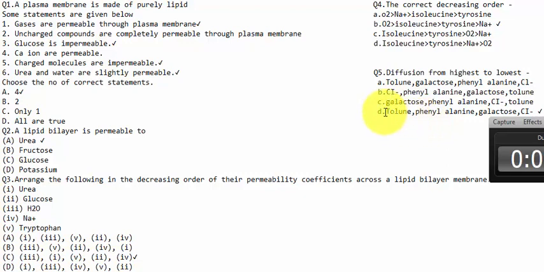So this is all about the permeability of the lipid bilayer. You just need to remember that the ions are less permeable or impermeable. The fat soluble vitamins, steroid molecules, and the gases are permeable. Large polar molecules are less permeable. Small molecules can pass, they are permeable. So this is all about the permeability through a lipid bilayer. I hope it